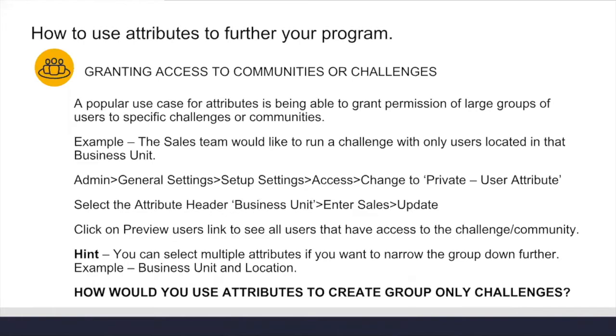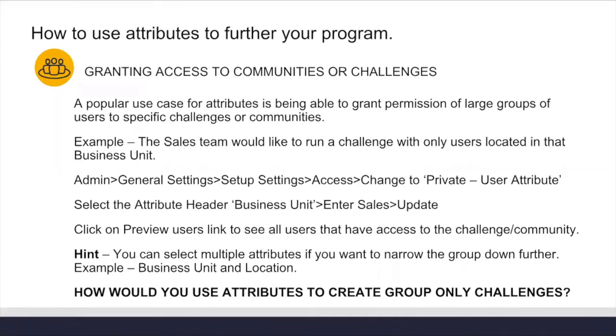The way that we would do this is that we would go from the admin menu, click on the general settings dropdown, click on the setup settings from that drop-down menu, go to user access and change that access to private user attribute. From there, we'll select the attribute header. In this case, it would be business unit. We would enter in what business unit we would want to allow in,